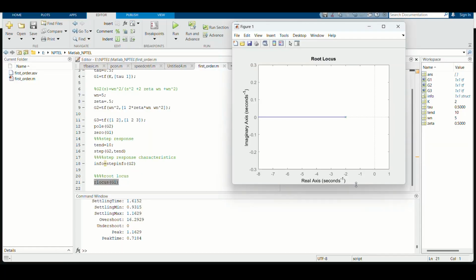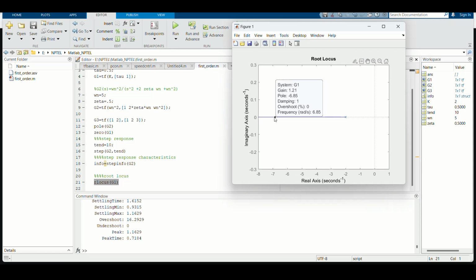So here is the root locus. Since we have a first order transfer function, there is only one branch, and it starts from the open loop pole, which was at -2, and it extends to -infinity as gain k is varied. So this is how you can interpret the root locus, and the root is always going to be negative whatever the k is. This will be your root when k is 0, and then as you increase k,